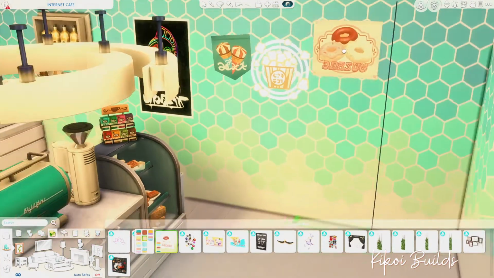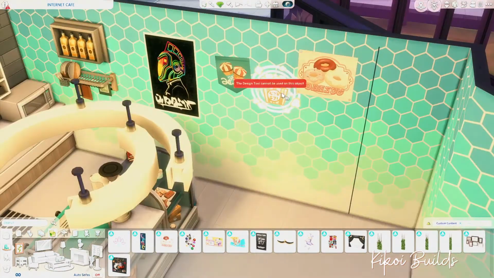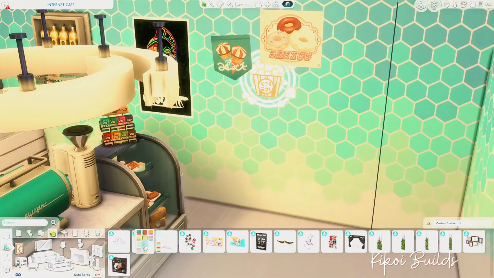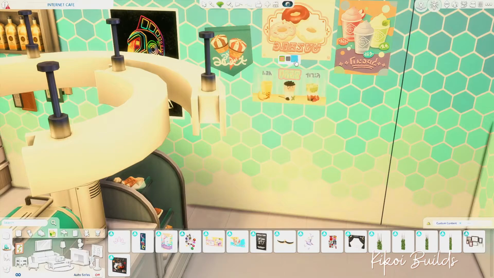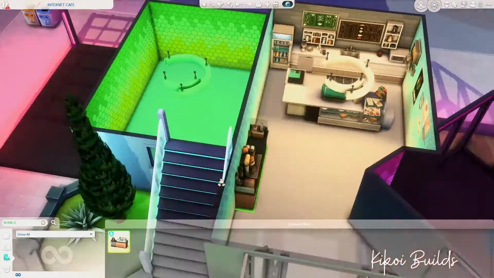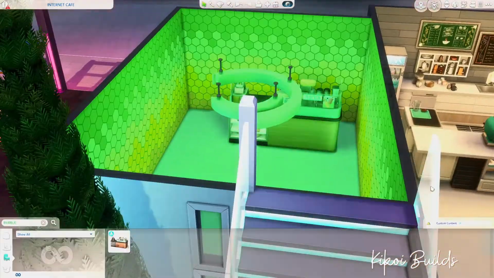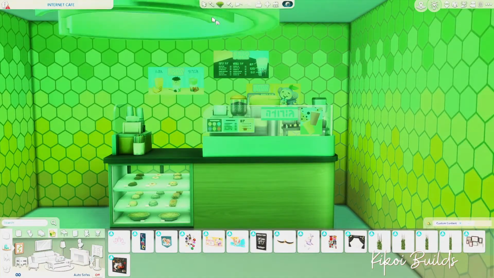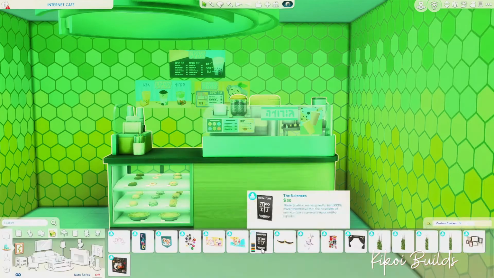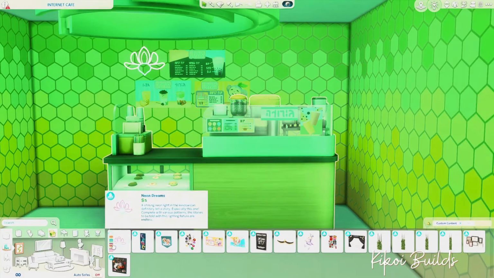We have at the back also, I placed the vending machine that came with Get to Work, which is really, in my mind, a fridge where they keep their cold drinks and maybe the fruits to make the smoothies and stuff like that. I also added this bubble tea station here. I hope it's functional, because I tried to